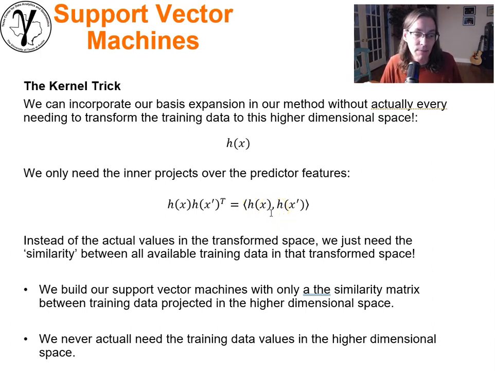data examples. And so instead of actually having to transform this h of x, which is the transform in the higher dimensional space of your original predictor feature x, we don't ever have to calculate that. We just need these inner products, which is going to be a matrix, a similarity matrix between all of the training data projected into that higher dimensional space. We never actually need the training data values in the high dimensional space. Kind of funny, eh? We actually never go to the high dimensional space in order to solve this problem, in